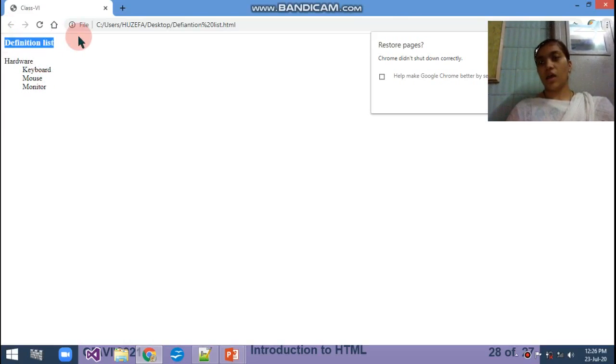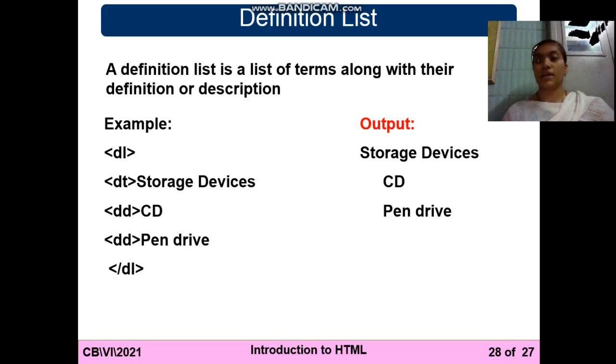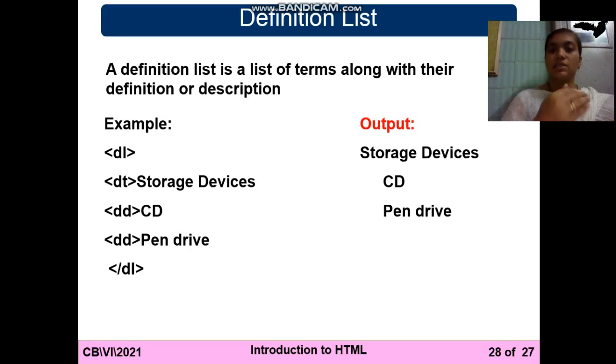This is the heading that I wrote in H3, the hardware that I wrote in the DL, then in the DT I wrote keyboard, mouse and monitor. That gives the description for the hardware, meaning what can come under hardware is displayed here, right. So this is the tag, this is one type of list, that is the definition list.